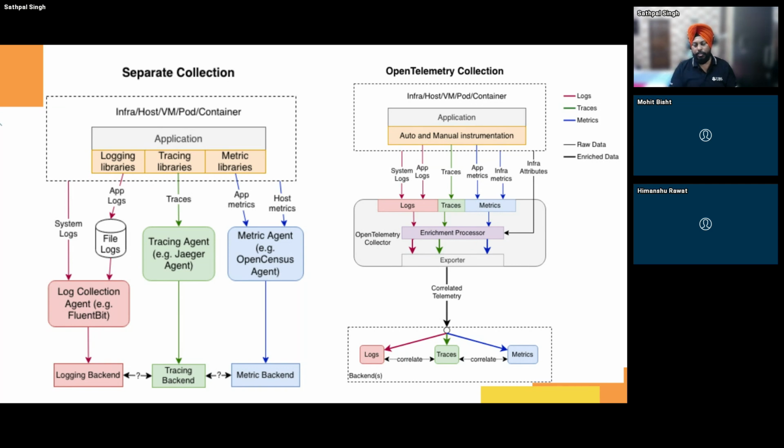If you talk about scripting languages, or React.js, right? So there are libraries as well for each and every programming or scripting language, right? So once we have that auto or manual instrumentation, the OpenTelemetry collector starts collecting the system logs, app logs, the traces, as you can see on the PPT,